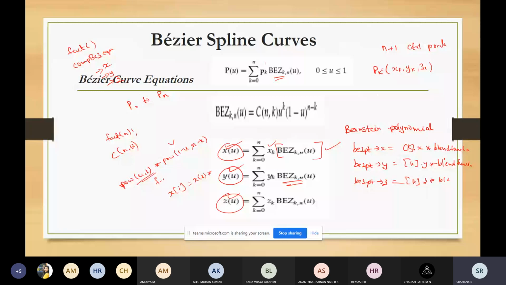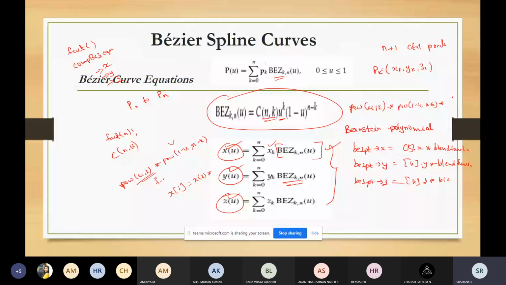So there we will be using these three equations. Along with that, we are also using this equation. This is also one function, and in this equation you can see we have written power of u comma k into power of 1 minus u into n minus k. So if you see those points, we can understand how we are using the Bezier curve.